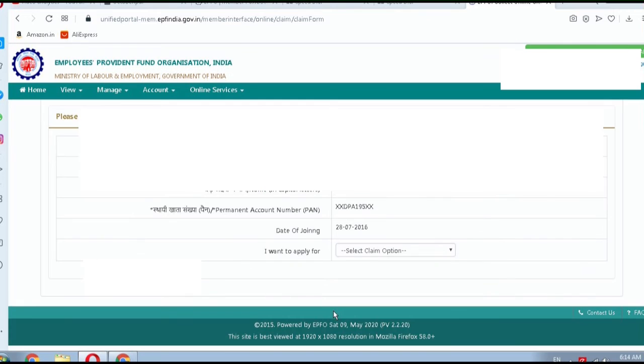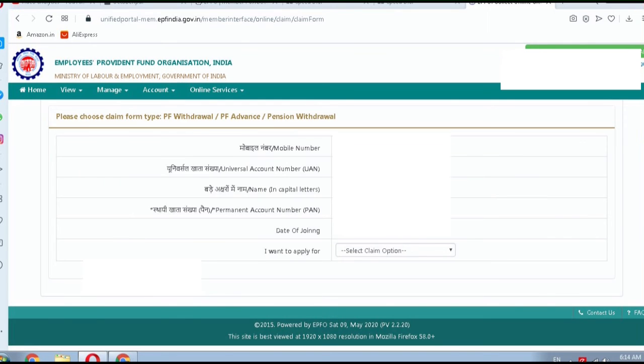Click on proceed for online form. This will give you a form. You have to select the form here. If the account holder is eligible only for PF advance, then that advance form only will be available here.